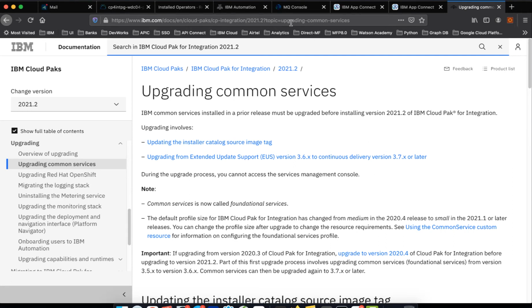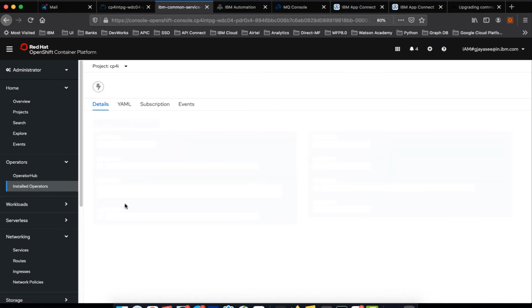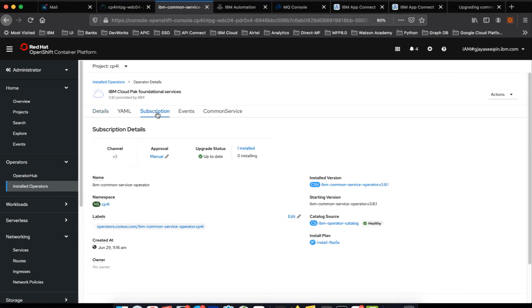When I tried to downgrade, I was trying to choose the older one. If I open up the subscription, as of now it shows version 3 stable. Though I have mentioned manual, I did not have a choice to upgrade it. So don't get bogged down with this particular thing.